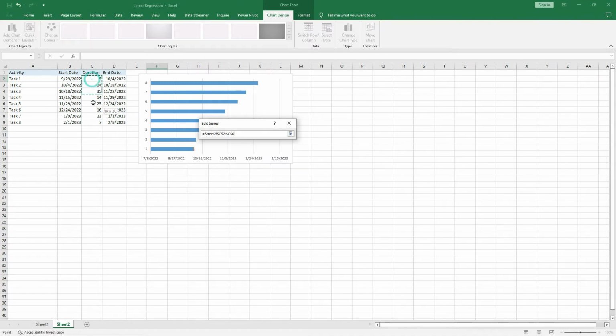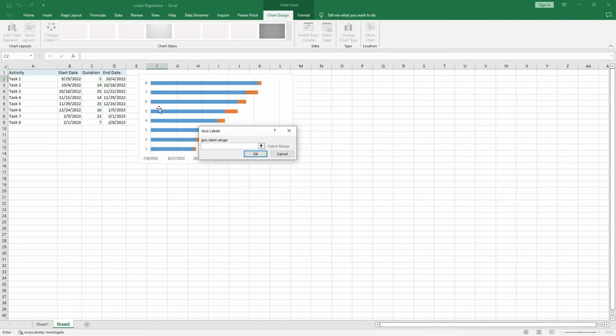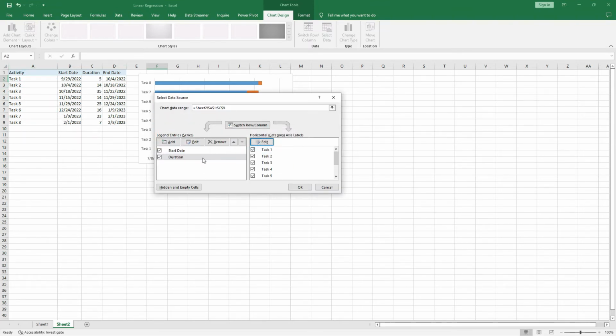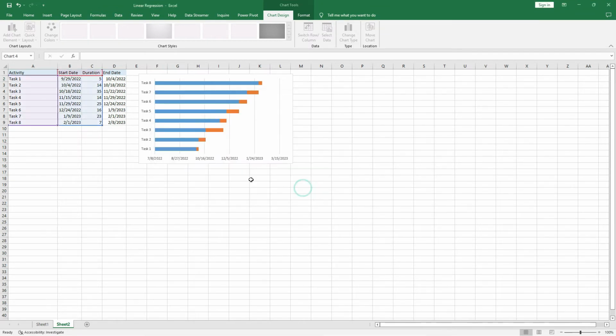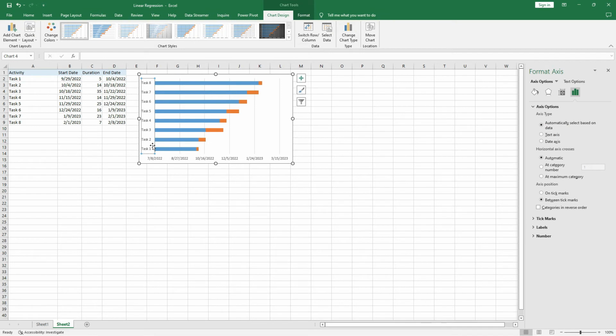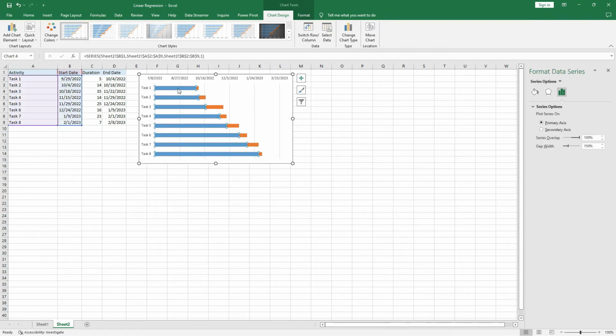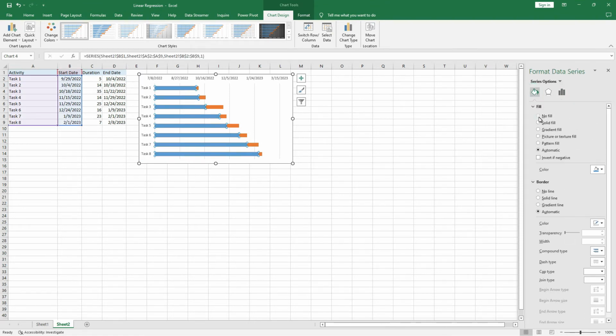highlights, click OK, edit, select the task from task 1 to task 8, OK, click OK, double click, select categories in reverse order, click on the blue bar, click on the color, select no fill,